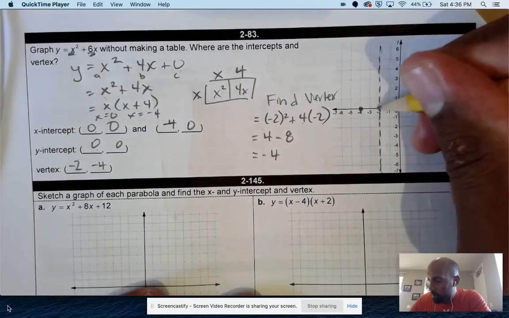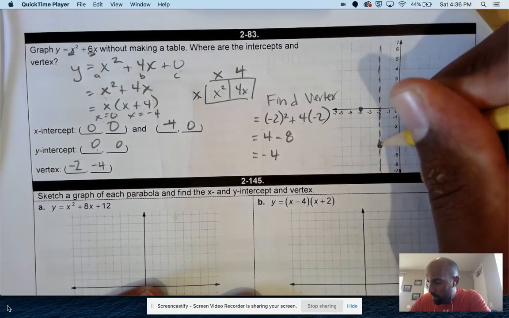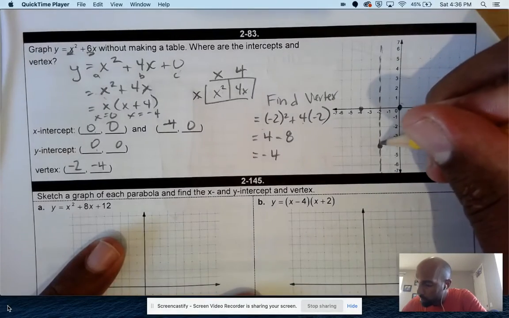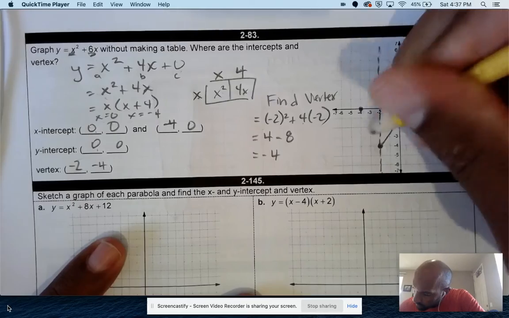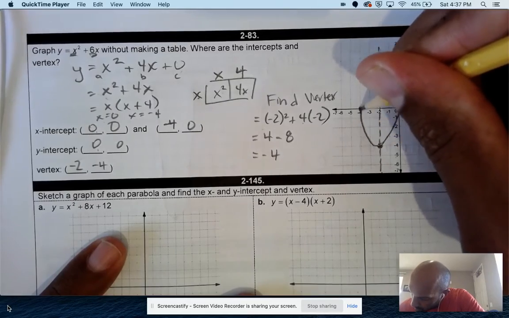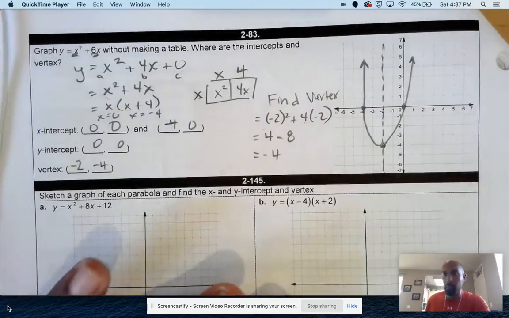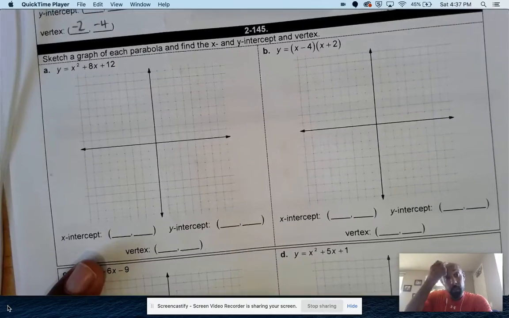Okay, so we can plot that now. So down -2 and -4, and there's our graph. We only need those 2 points, or those 3 points. So it goes up and to the right, and I make a little curve and it goes up and to the left. Okay, and that's it. Okay, so now on this one,